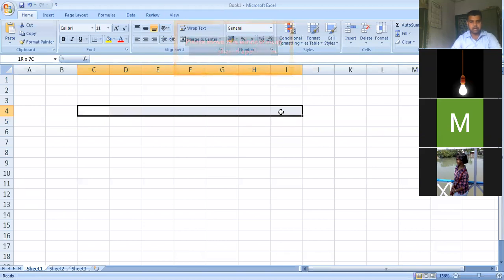Drag the mouse sideways. So now you can see that.